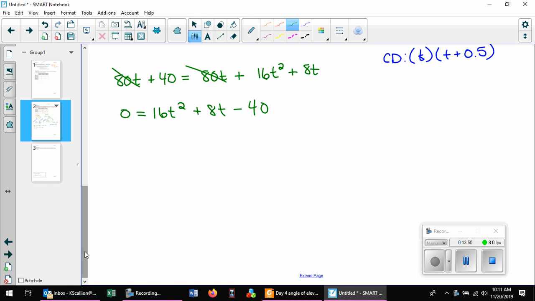Okay, so I'm looking at this. What can I take out of all of these? I can take an 8. So let's take an 8. And anytime I can reduce the numbers I'm going to multiply by,